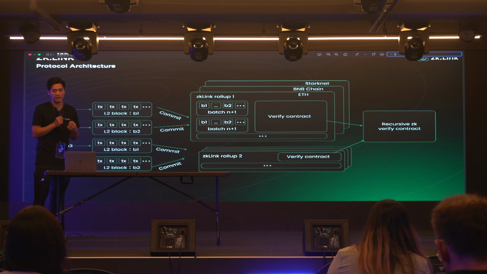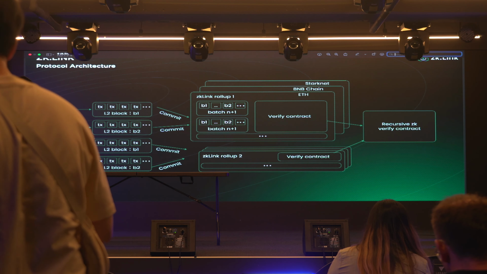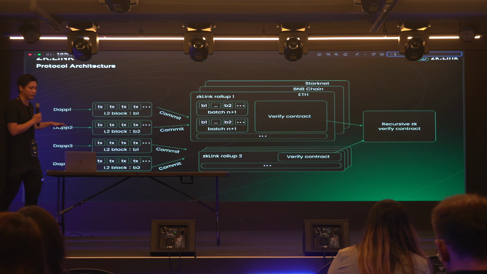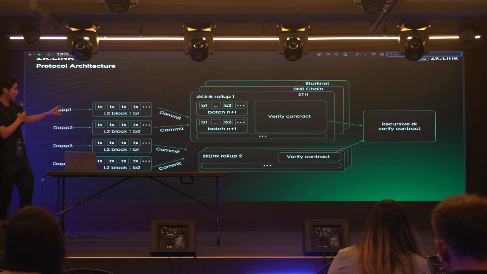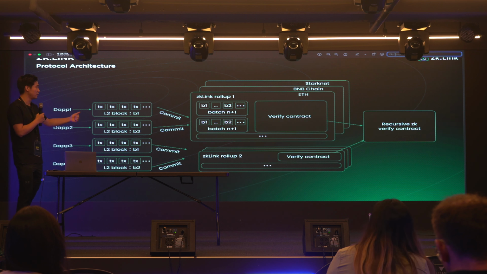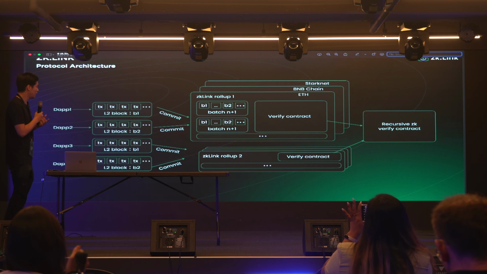This is the protocol architecture. On this slide, you can see that there are different types of applications. There are a few different applications, 1, 2, 3, 4. Application 1 and application 2, they are sharing the same setup. The network collection on this is just an example. There is Ethereum, BNB chain, and Starknet. It's a combination of Ethereum outer layer 1 and Ethereum layer 2, zk rollup layer 2.